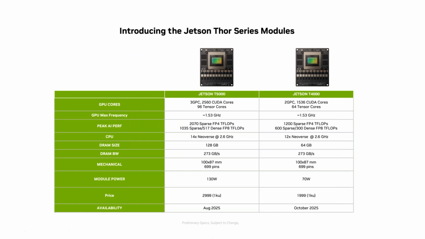These are the two different Jetson Thor modules in the lineup. We have the Jetson T5000 and the Jetson T4000. This slide lists the comparison between the two SKUs. As you can see, the T4000 provides up to 1200 FP4 of performance and has a 12-core CPU compared to the